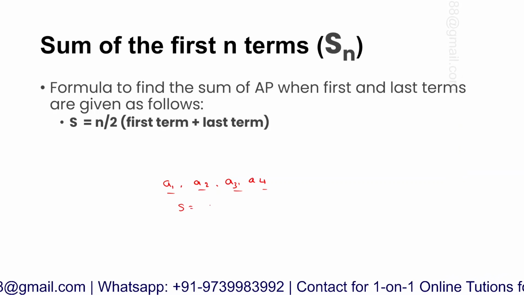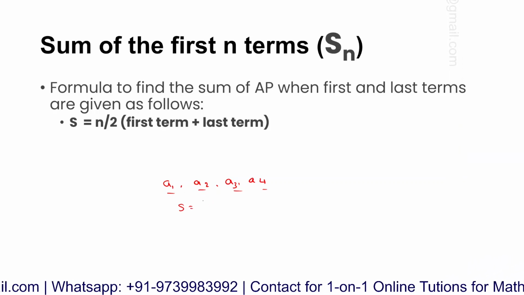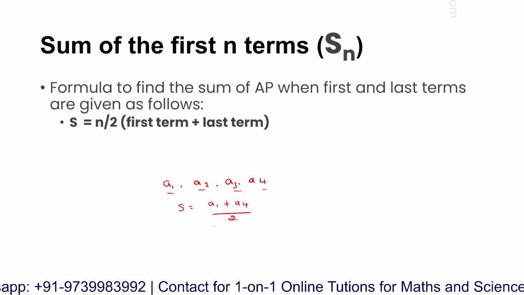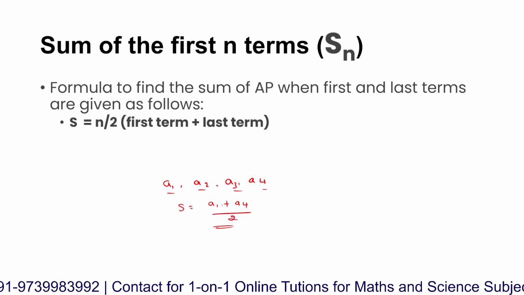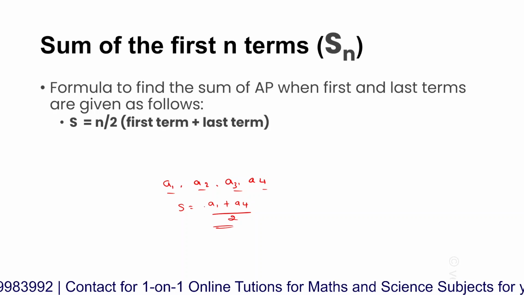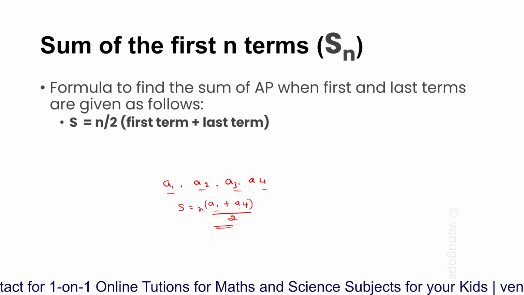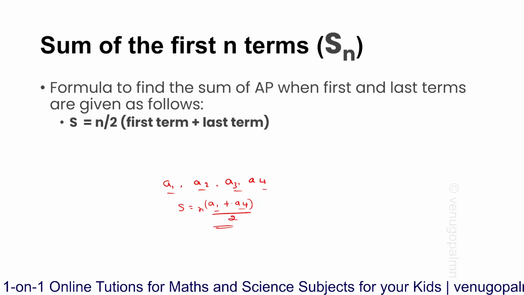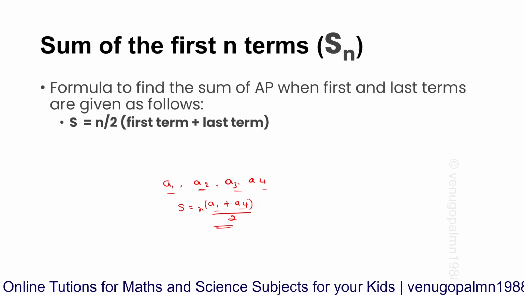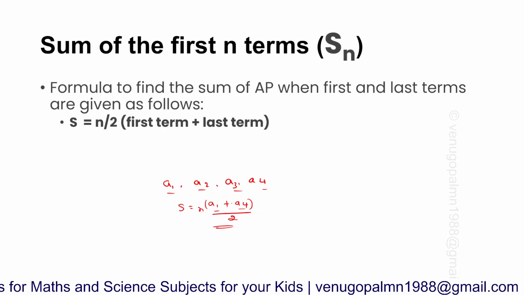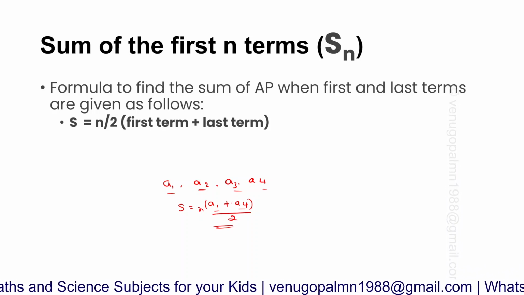S is equal to n by 2 into the first term, which is a1, plus the last term, a4. Okay, this is also one important formula which will help you to identify the sum of n terms in your